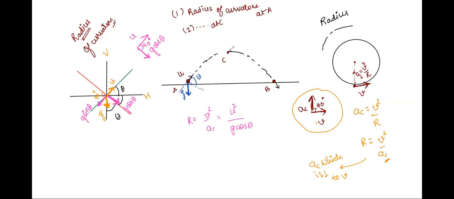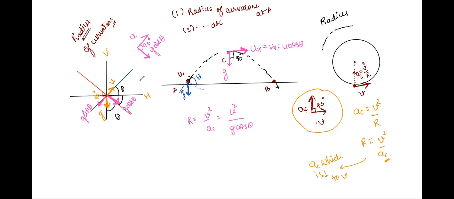Now see here at the topmost point, to find the radius of curvature you will see where the velocity is. Velocity is towards the right. Class, do you remember, today I had made you write that in the horizontal direction velocity always remains constant. So vx is equal to ux, given by u cos theta. It does not change at all. What is the direction of acceleration acting over here? Coincidentally, acceleration is downwards, and therefore here velocity and acceleration are already perpendicular to each other.